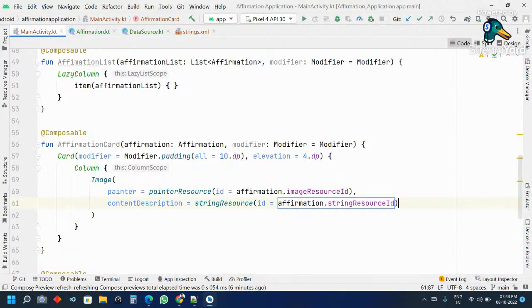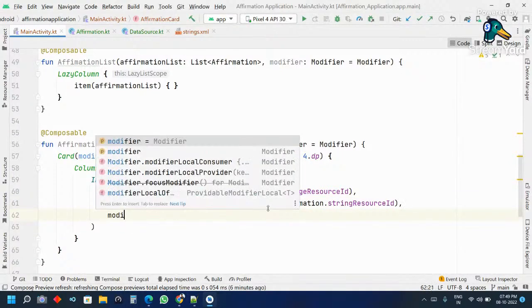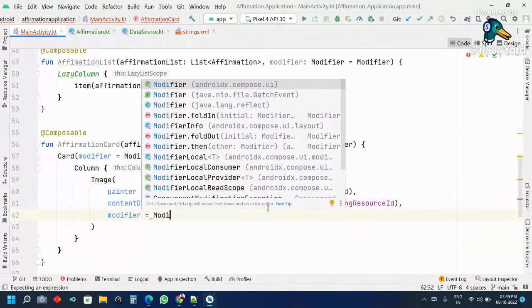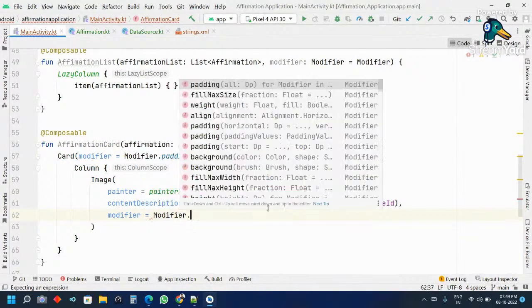Now, as we have given the painter and content description for the image inside the card, we want some space between the image and the text. So here we will give a modifier dot